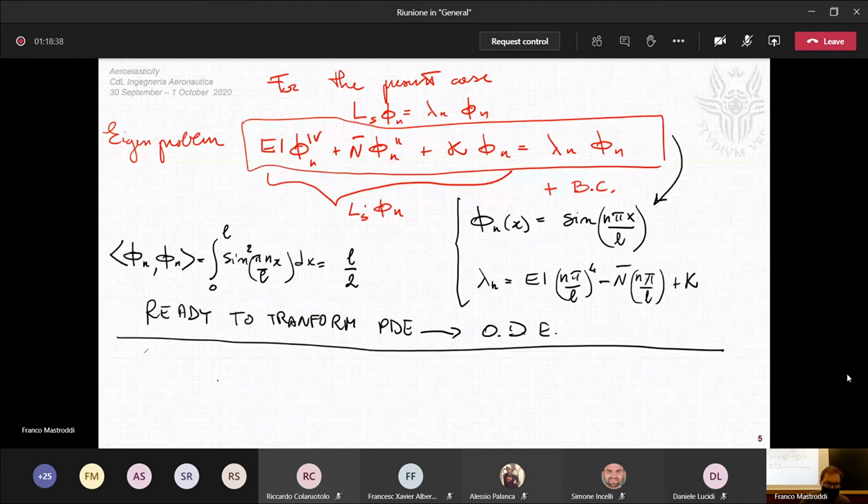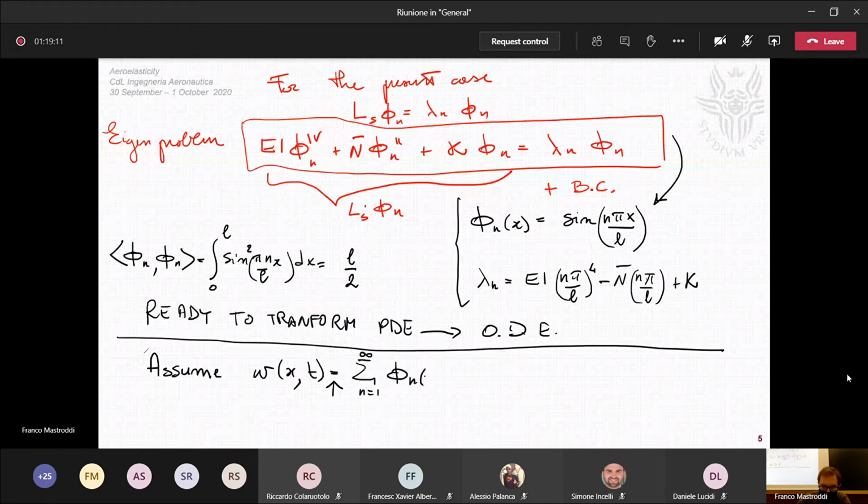And we have to perform a double step. First, we assume for the solution W this. Note that this is equal, not almost equal, to the sum for n from 1 to infinity